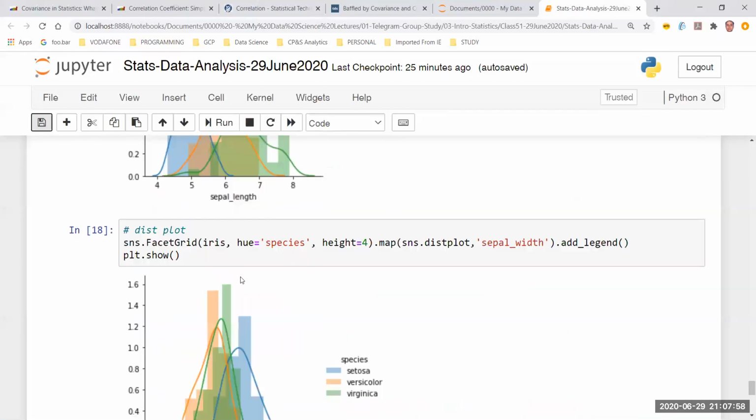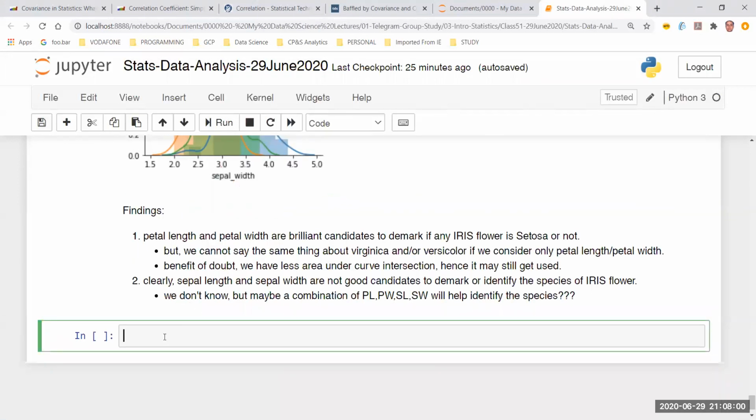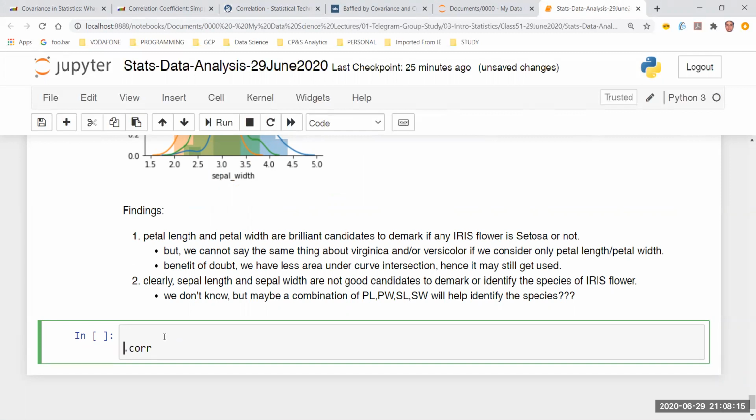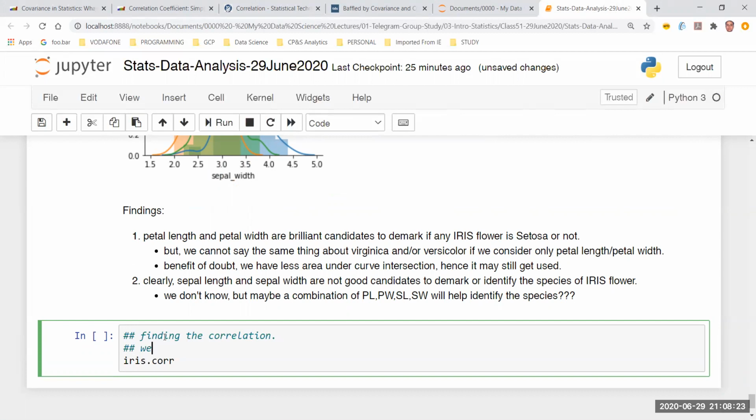So as simple as that, I've already executed all the cells, so I have the iris data over here. What I do is take a data frame and use a function which is dot corr. Right? In this case, my data frame is iris. I'm simply going to put a comment, finding the correlation. We are ignoring the covariance